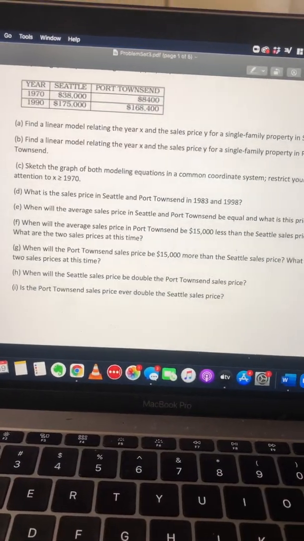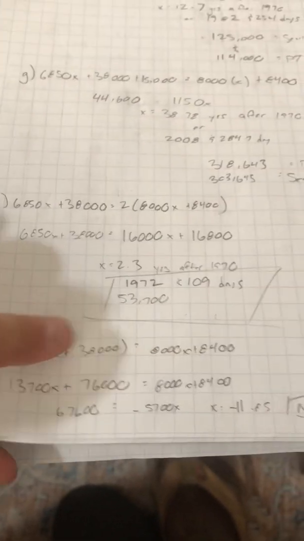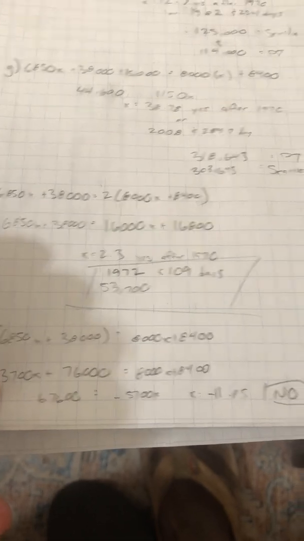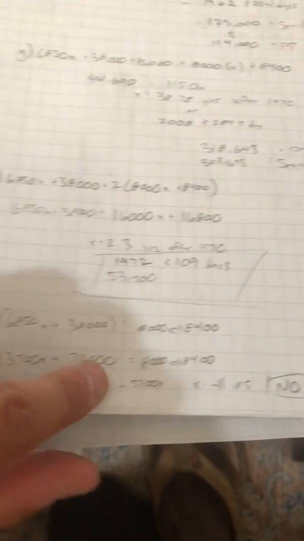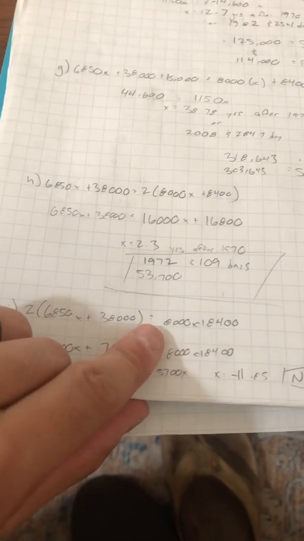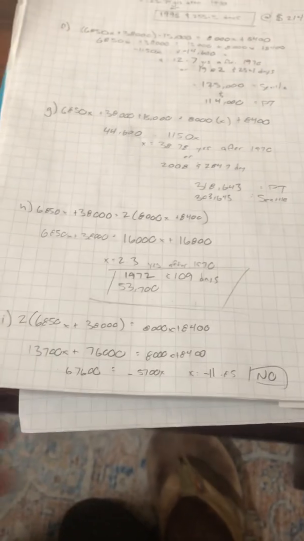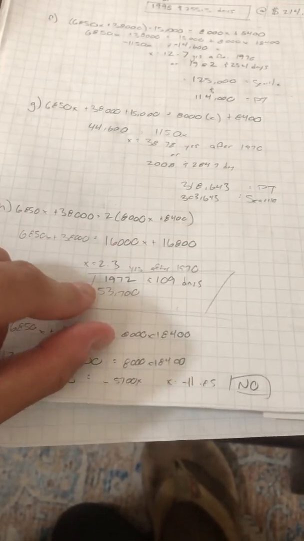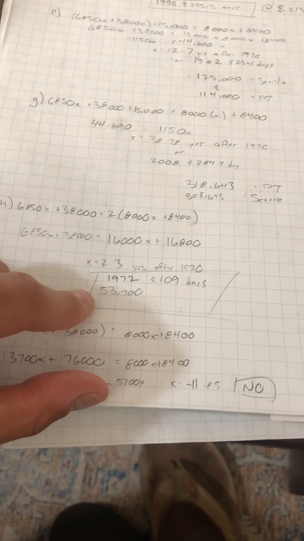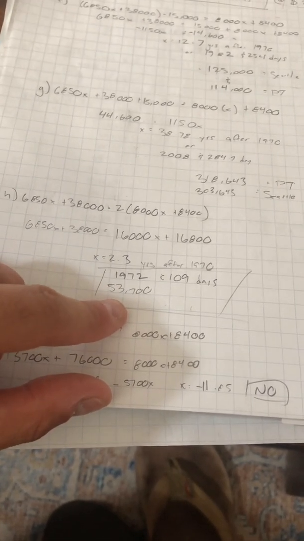Part H asks, when will the Seattle sales price be double the Port Townsend sales price? We take our original, multiply the Seattle prices by 2, set them equal to each other, and solve for x, and you get... looks like I forgot to do that part, but oh no, 2.3 years after 1970, which is 1972 and 109 days, and it'll be